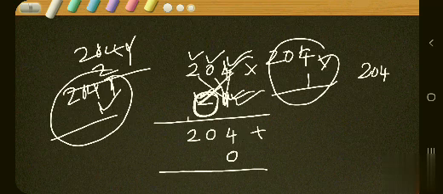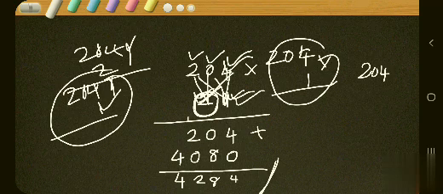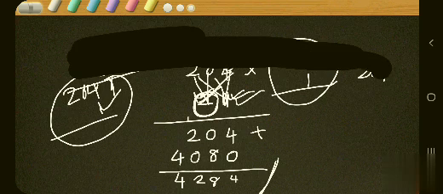The answer should be written down this 2, or first place we have put 0. The answer should be written in the second place. Okay. 2 4s are 8. Then 2 into 0. 2 into 0, 0 in the next place. 2 2s are 4. Yes, like this. It should be written. Okay. Now we have to add 4 plus 0, 4. 0 plus 8, 8. 2 plus 0, 2. Here 4. So this is our final answer. Understood? Let me explain one more problem like this.